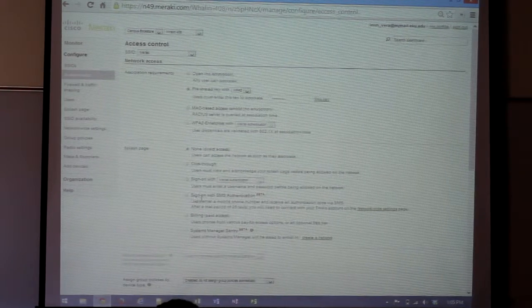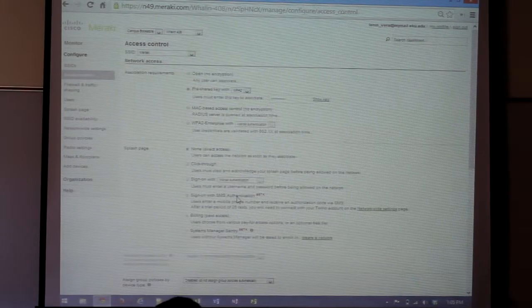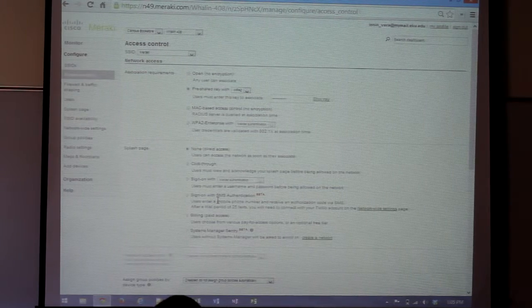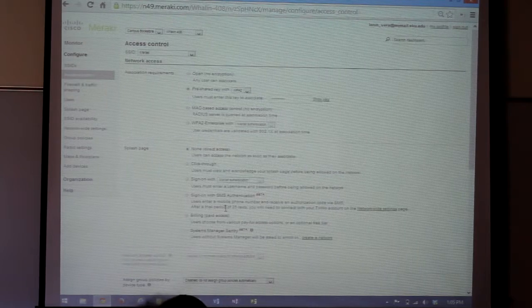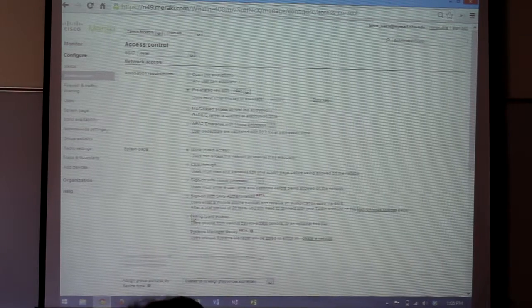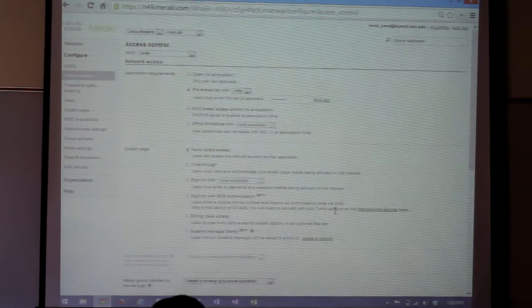You can even set it up where they're beta testing a sign-on with an SMS authentication. So essentially, you've got a splash page, you put your name and your mobile phone number in it, and it'll text them an access code. You get to set up how long they have access for, and then they'll need to either reconnect or resubmit for an access code. Also, because this is in beta testing, they have another account that manages, I guess, their